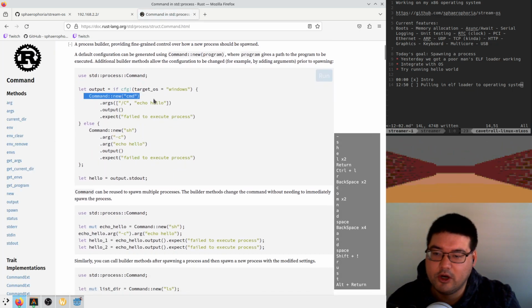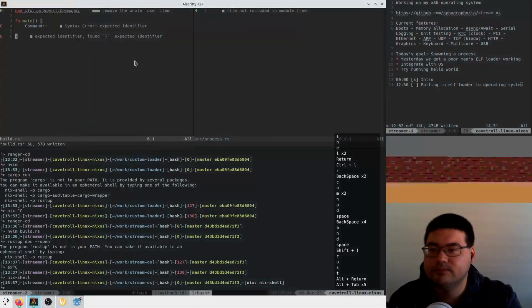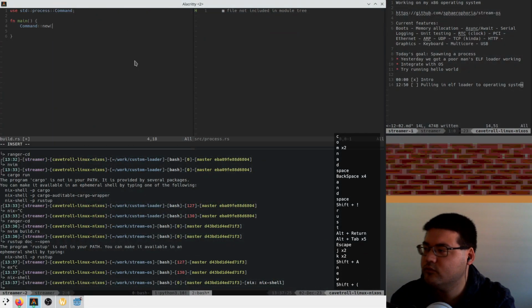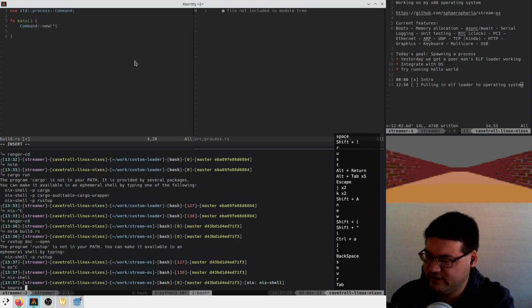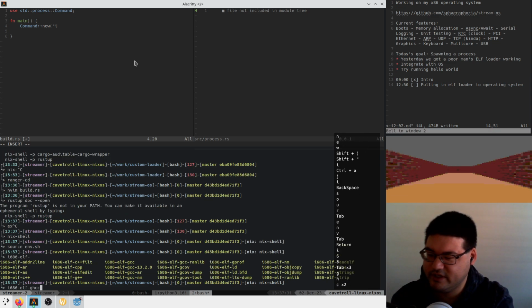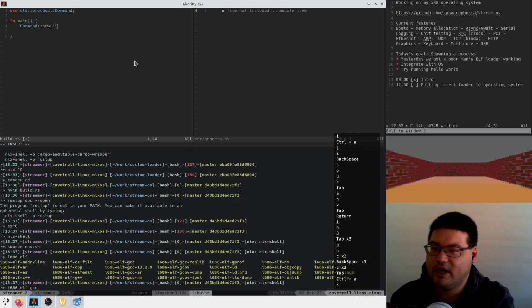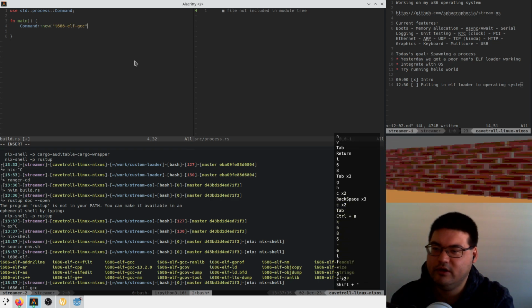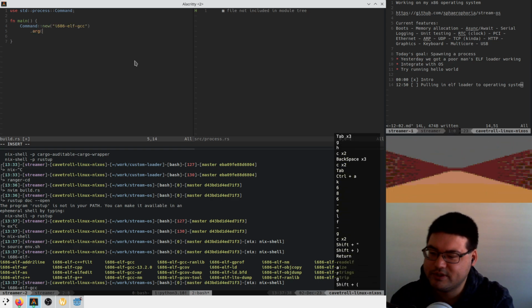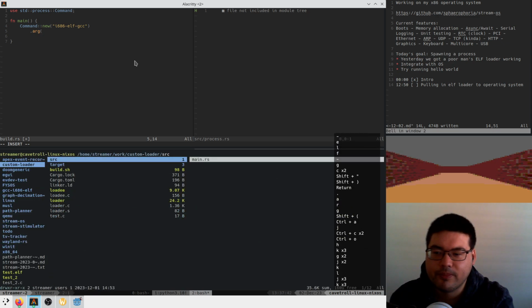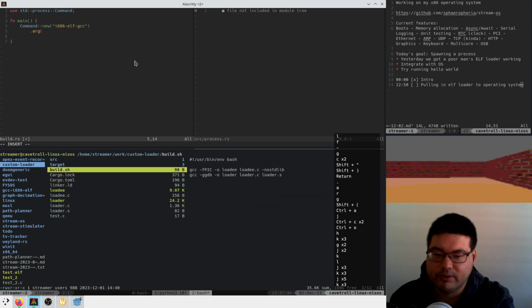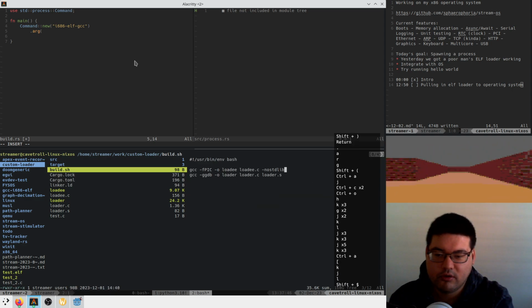So here we're going to spawn a new command, which is our compiler. I don't remember, i686-elf-gcc. Yeah, that looks right. So we're going to say i686-elf-gcc, and we're going to pass in arguments. So what are we doing in our sample script from yesterday? We have our little build script, and we call this. So we're going to compile it with